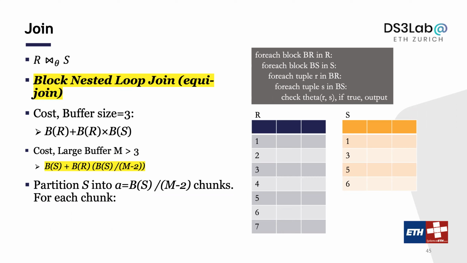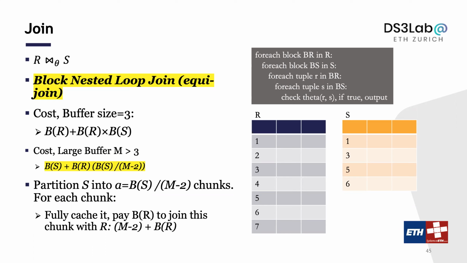I can partition S into that. For every single chunk, I do the join. Essentially, for every single chunk, I bring the whole R into my memory, right? So I'm going to join this chunk of S with that. In this case, I'm going to pay M-2 as the cost